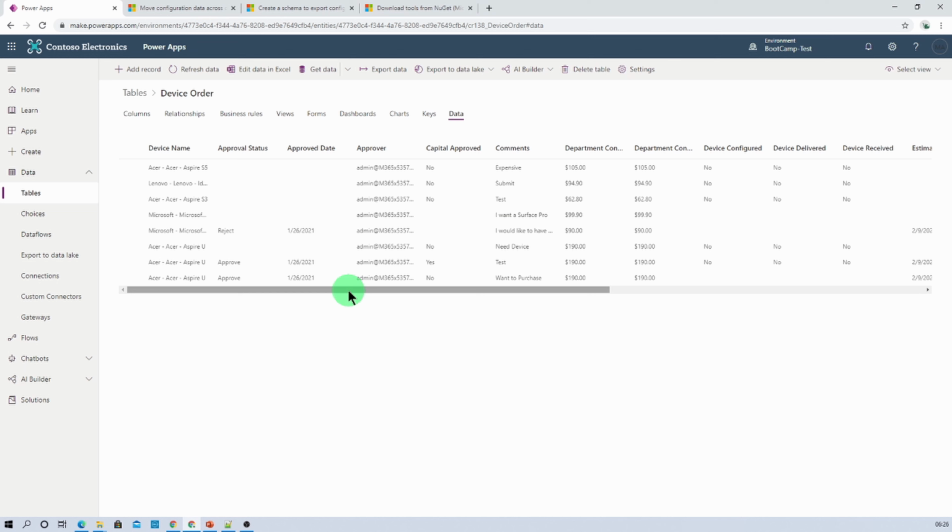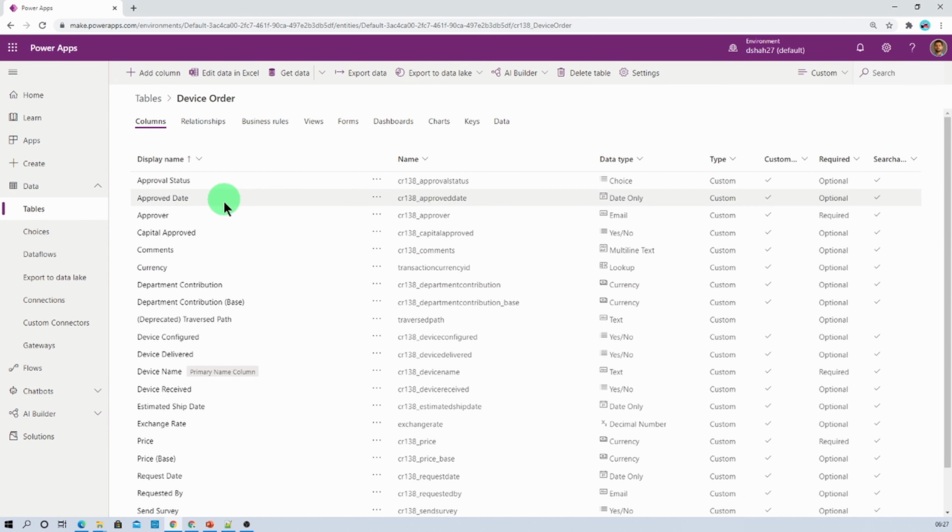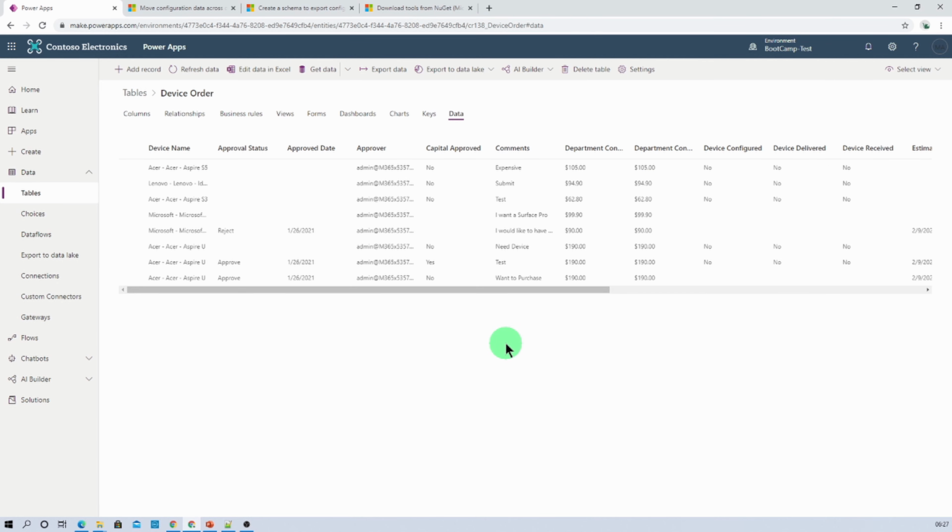In my earlier session, we talked about how we can export and import Dataverse table schema from one tenant to another tenant. By following that procedure, we have created the Dataverse table schema in our destination environment as well. You can see here, this is my destination environment, and the same table schema or table structure has been created here. Now the only thing is that we need to migrate the data from that tenant to this one. So how can we achieve that? We will be talking more about this in this session. So let's get started.